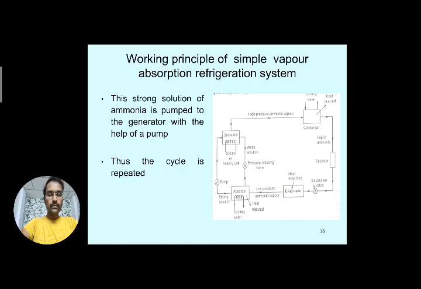And in continuation, we'll see the pairs we discussed earlier. There are different combinations of refrigerant and absorbent pairs. It's quite interesting. The most used is ammonia and water, where ammonia is the refrigerant and water is the absorbent. The other one is lithium bromide solution, with water as the absorbent.